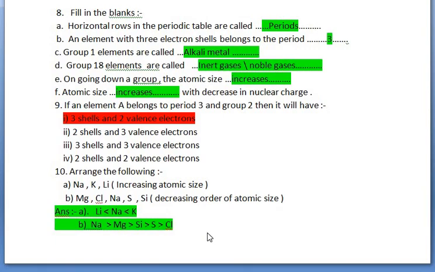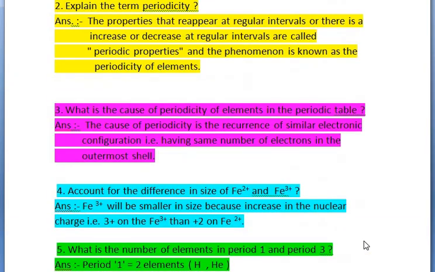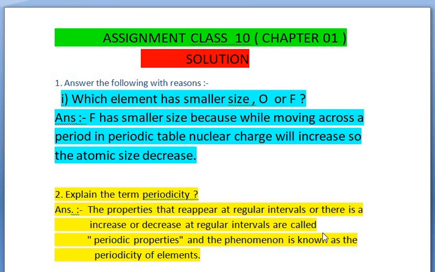While we are talking about these periodic properties, or the chapter called periodic properties and its variations, the base of this chapter is only to understand the variation of nuclear charge while we are moving left to right in the periodic table, and the effect of that charge on the size of the atom. Okay, you understand? If you understand this nuclear charge concept, you will understand every topic of this chapter, like ionization energy, electron affinity, electronegativity, and every topic.